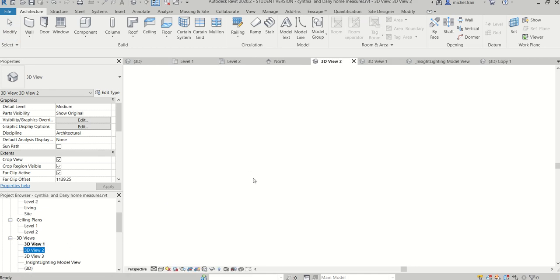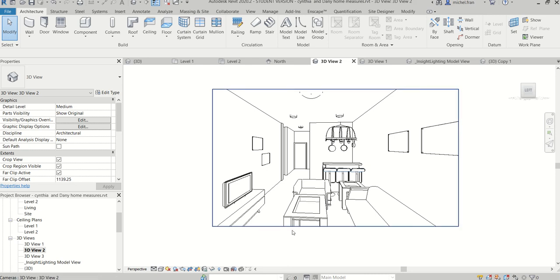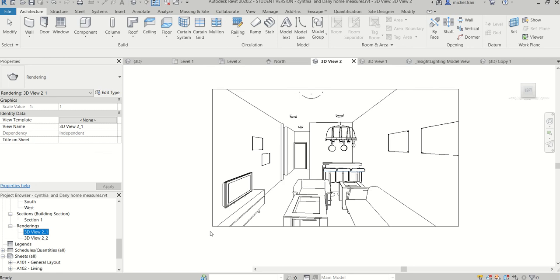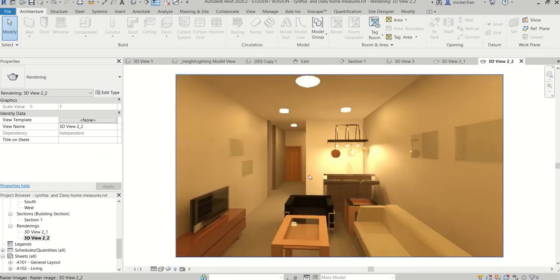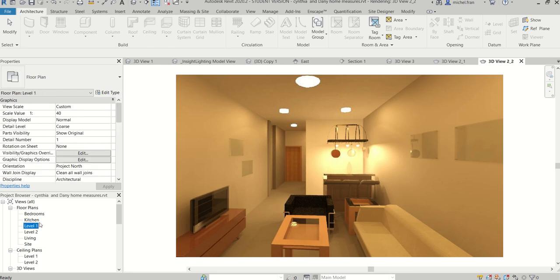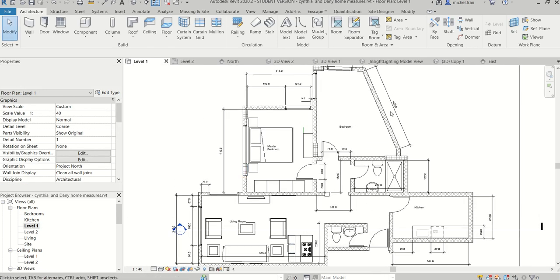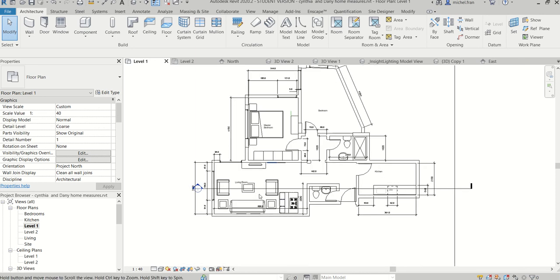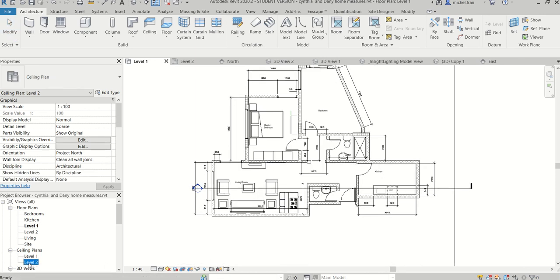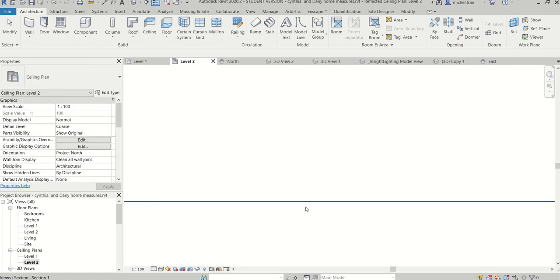So this is a view of the bedroom, and that's another view of the living room. And of course, I've even made a render here. These are not made for artistic value, they are just very preliminary, just to show you. So I've done some renderings here to show you how the lighting effects can be done using the lighting fixtures that are found in Revit. So what you do is, here in the plan view, you can put all your elements and furniture and so on, and then you can go to the ceiling view, and in the ceiling view you